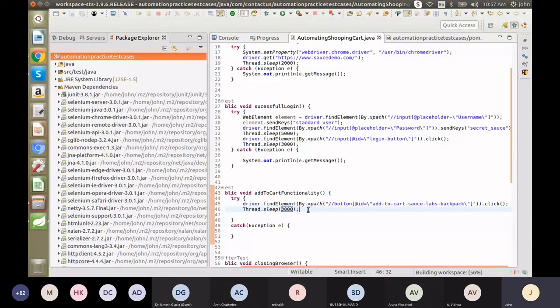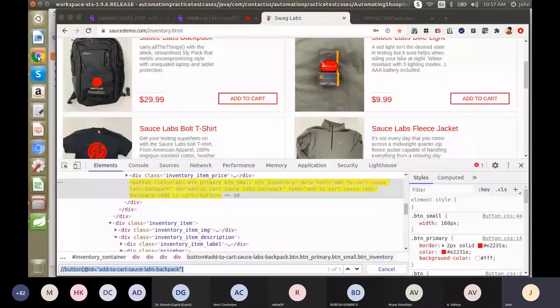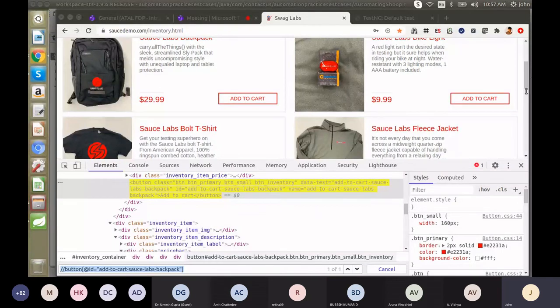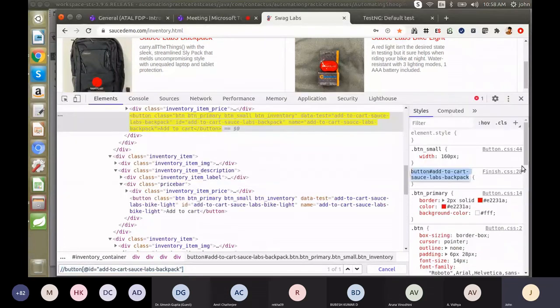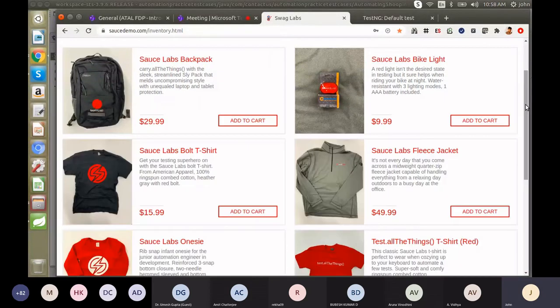Then what we have to do? So we have to capture the view cart option. So we have to go with the view cart and we'll see. Yeah.